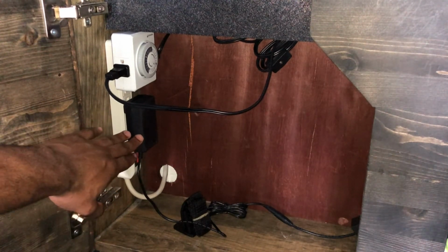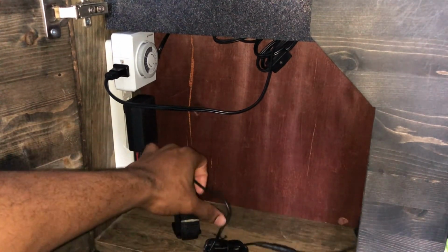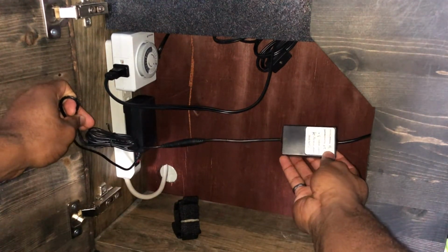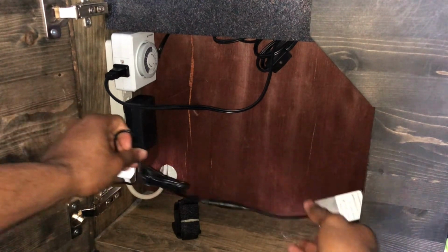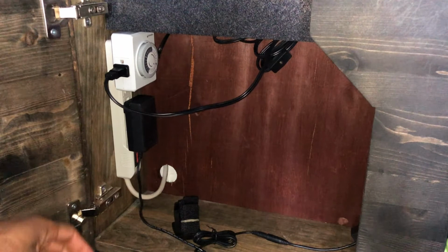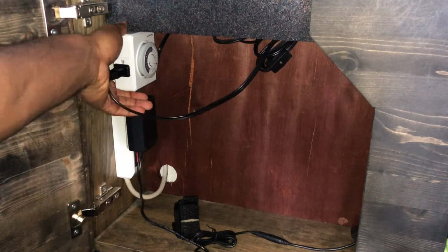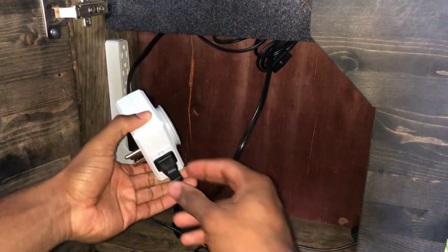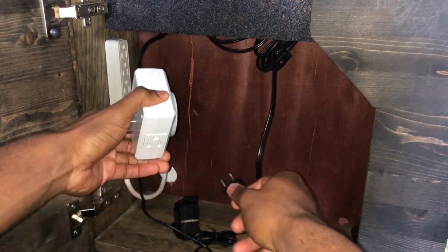Our pump is already connected to the power bar, which is connected to some quick connect cables, and the black box, which contains all the programmable data for our pump. So no need to do any other thing there. For our lights, we however do need to do a little bit of setup, so I'm just going to grab the light timer, unplug the lights from the timer,